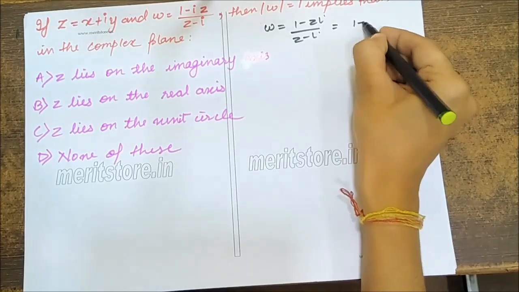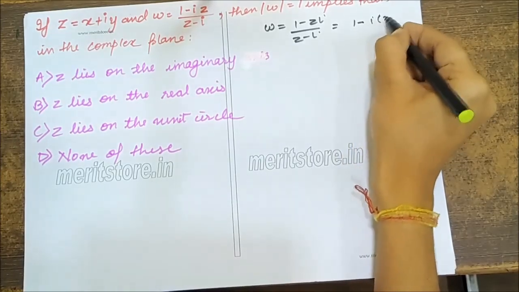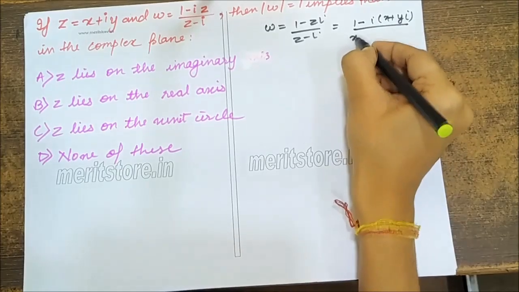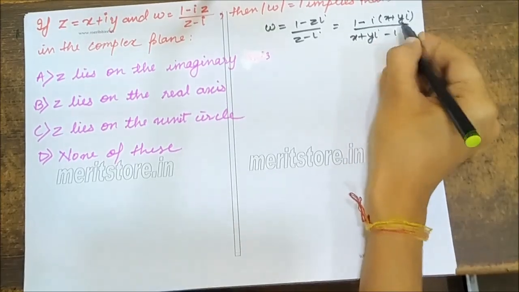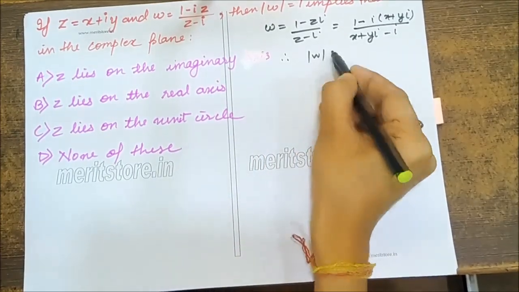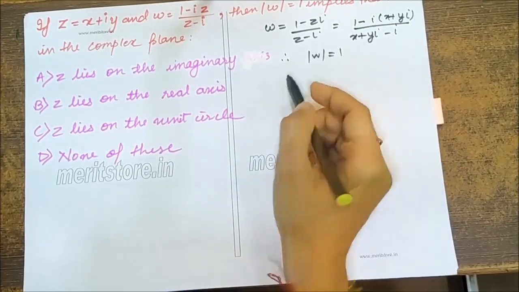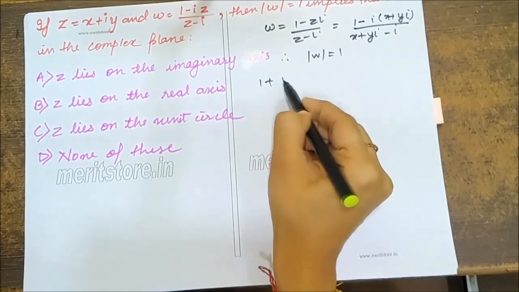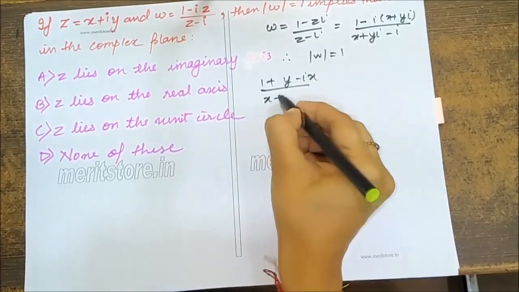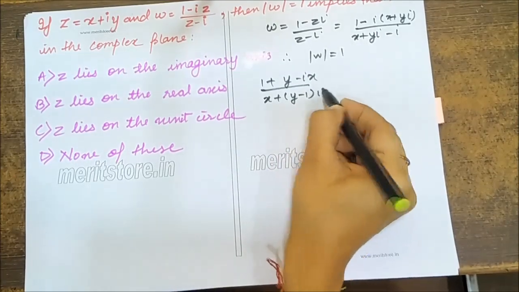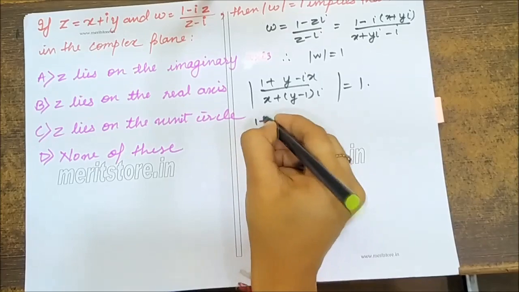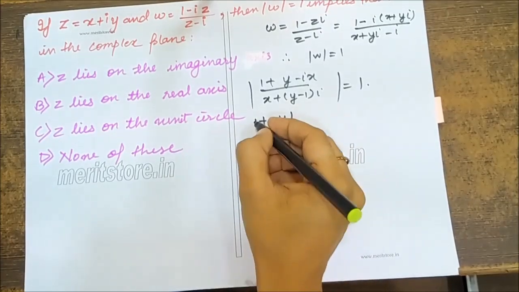So (1 minus i(x plus yi)) upon (x plus yi minus i). Therefore, modulus is equal to 1. (1 plus y minus ix) upon (x plus (y minus 1)i) is equal to 1. So 1 plus y